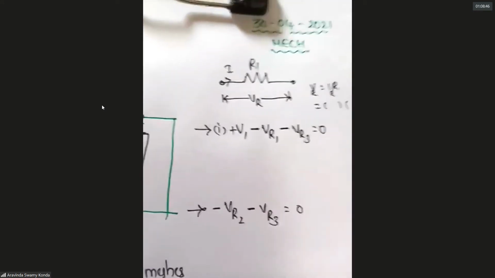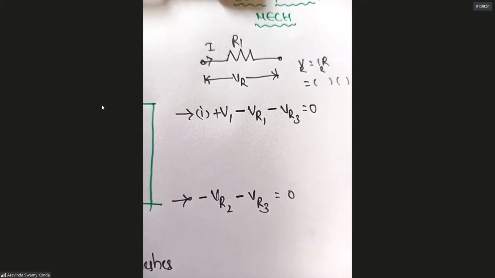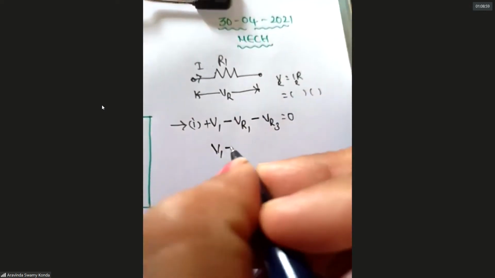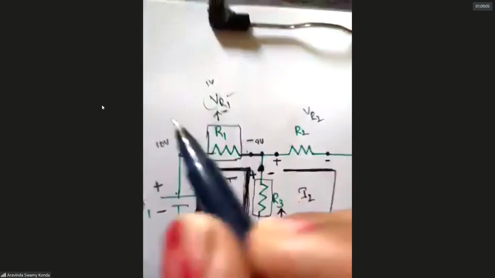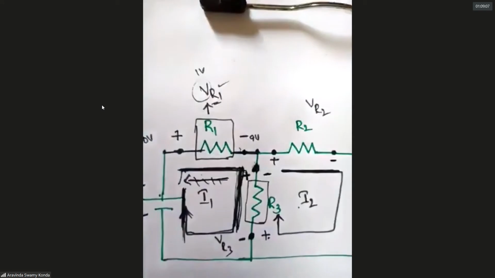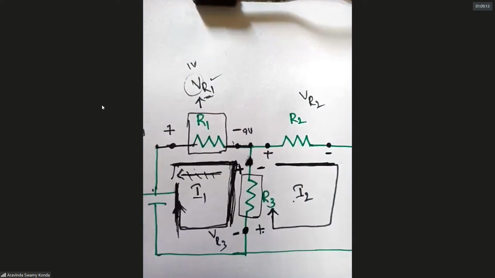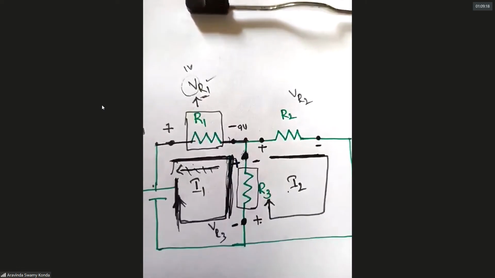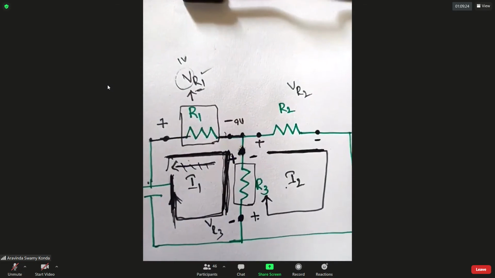In the same way, I want to convert VR1 and VR3 in terms of the currents and the resistors. The source value is already given; you do not have any right to change that source value V1. So minus VR1, the voltage drop across R1. To write the voltage drop across R1, you want to know the current flowing in that element and its resistance value. We know the resistance value is R1. But we don't know the currents, so how do we take the current?